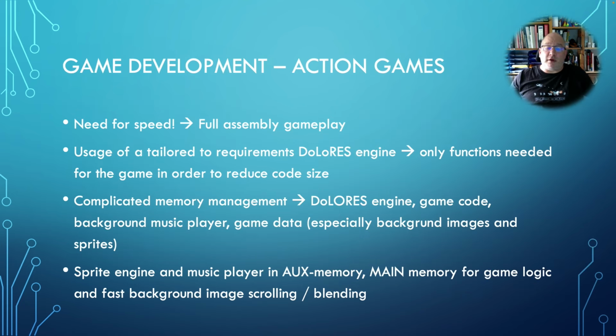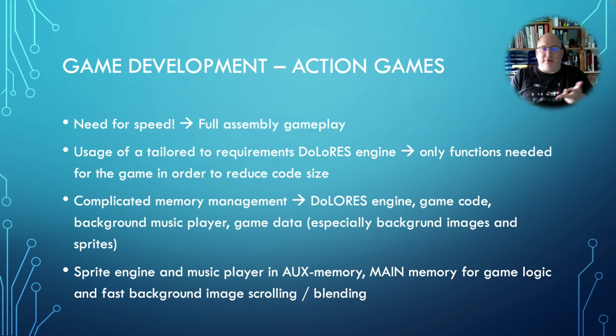So what is important for developing action games for double hi-res graphics? It's the need for speed. So the gameplay has to be fully assembly coded. We use as small a double hi-res engine as possible, so only functions that are needed for the game are included in the development version. We have a very complicated memory management for action games, like we need to put the double hi-res